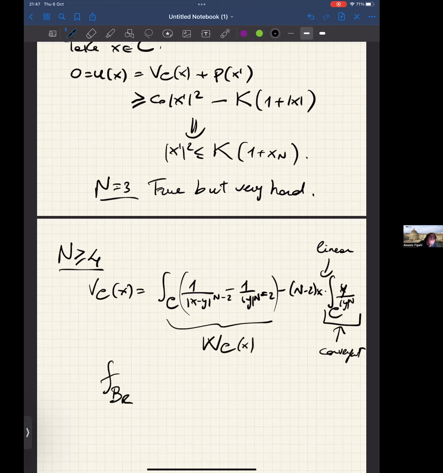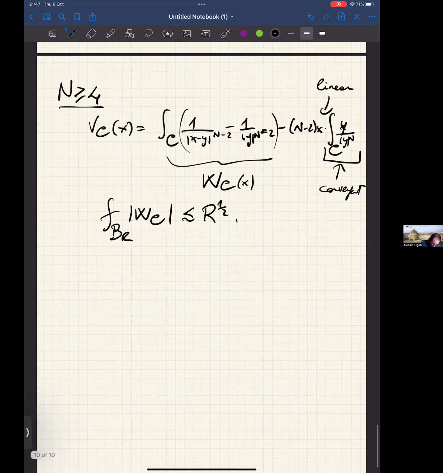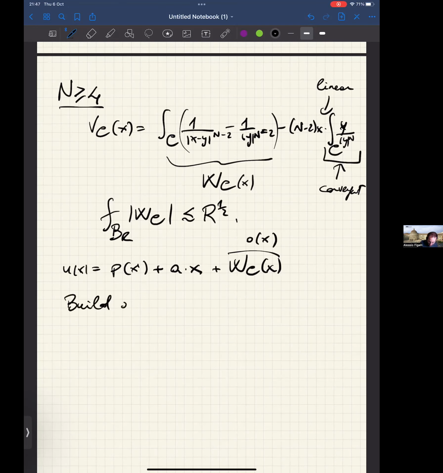We prove that, let's say in L1, the integral of WC over the ball of radius r goes like r to the 1/2. So it's sublinear. It doesn't grow. Right. So what is the point? So what we have done now is that in dimension 4 and higher, u of x can be written as a polynomial p of x prime plus a linear term a dot x plus WC of x, which is sublinear, let's say little o of x. And now what we do is that we build a paraboloid